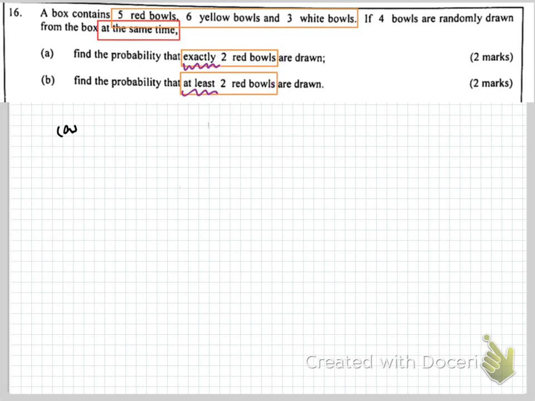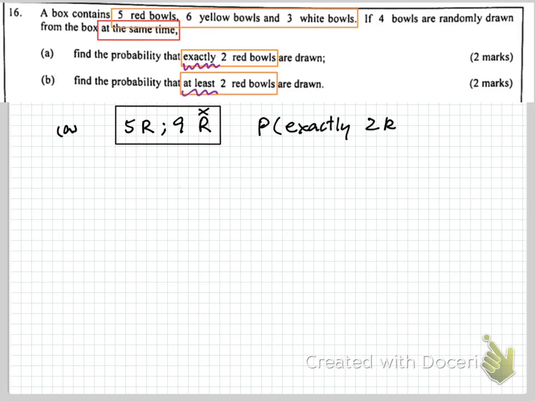So think about it. The box has 5 red and 9 non-red. Let me put a cross on top to indicate it is a non-red. The box consists of 5 red and 9 non-red. Never mind if they are yellow or white, I don't care. So to have exactly 2 red balls, we have the probability of exactly